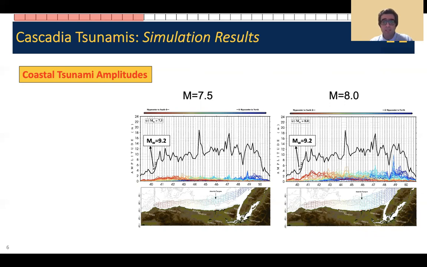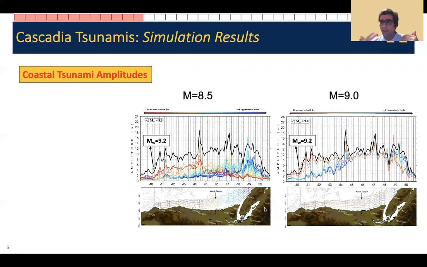Now here I am simulating ruptures for magnitude 7.5 and 8, and the results are color coded according to the latitude of the epicenter of that potential rupture. For example, here, blue curves correspond to ruptures that originate from here, and red curves correspond to ruptures that start from lower latitudes. And I can keep playing this game, and again, magnitude 8.5 and 9, an interesting feature shows up, and that is that for